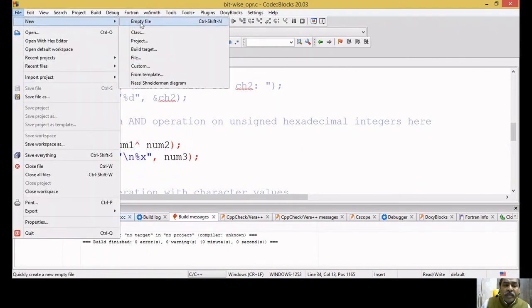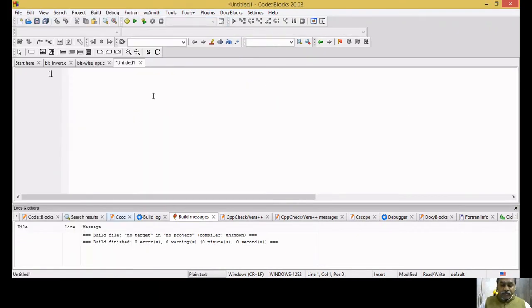New program, empty file. So, the first one is a demonstration of logical shift operations, and close the comment line.